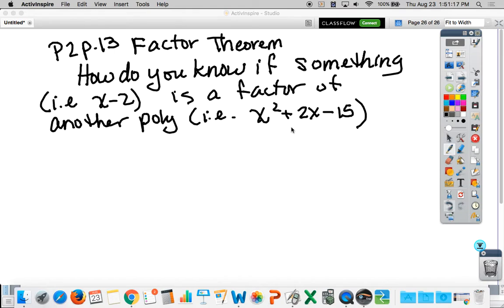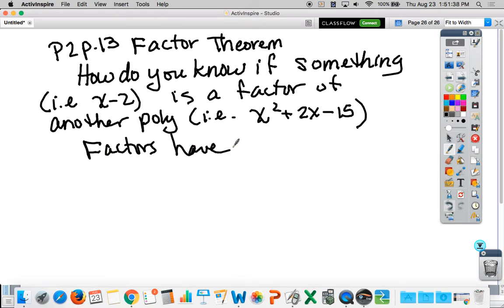Okay, so how do you know that something, in other words, like x minus 2, for example, is a factor of another polynomial, like x squared plus 2x minus 5? How do we know that? It would have a remainder of 0. Okay, factors have no remainder. So this takes us back to